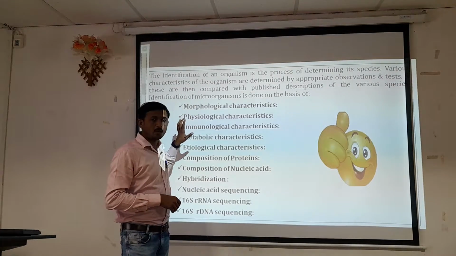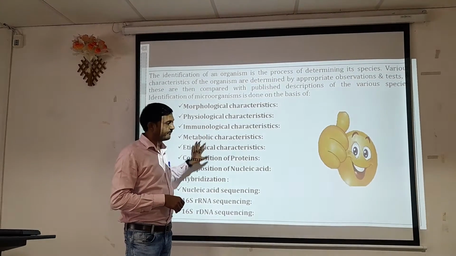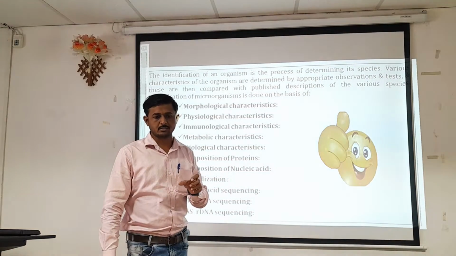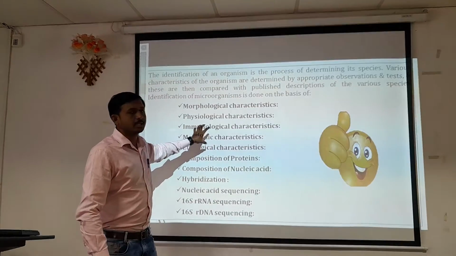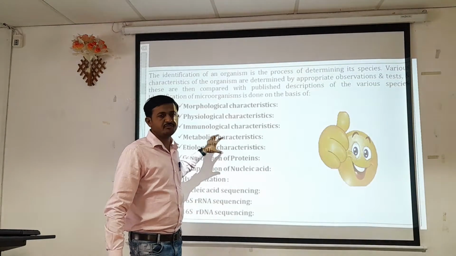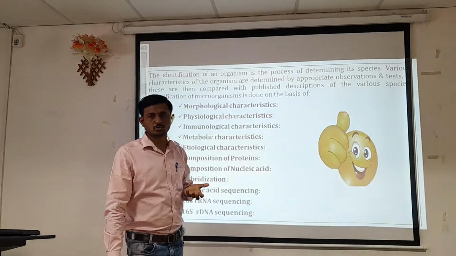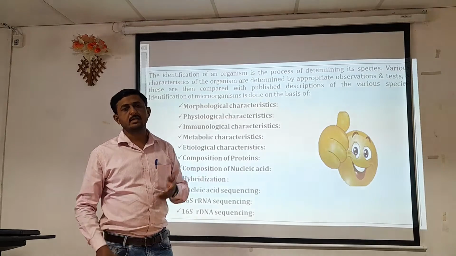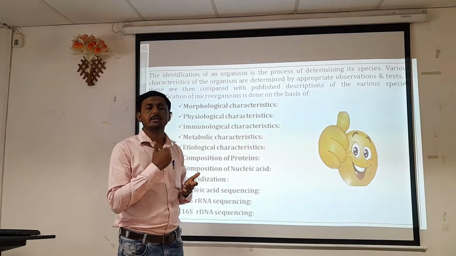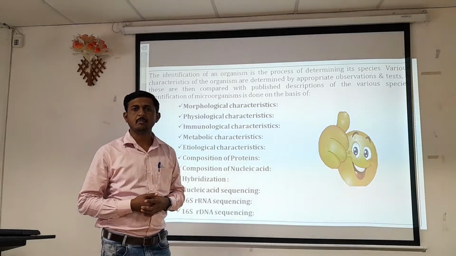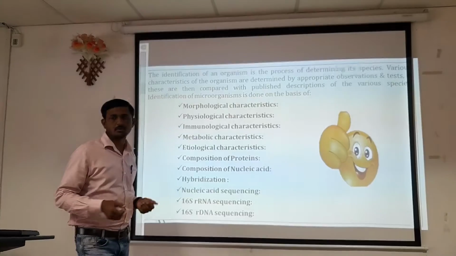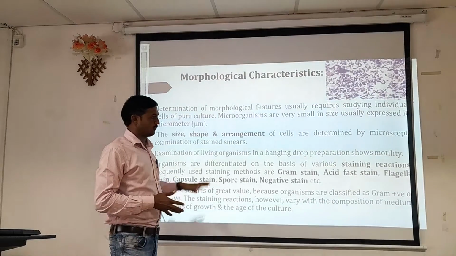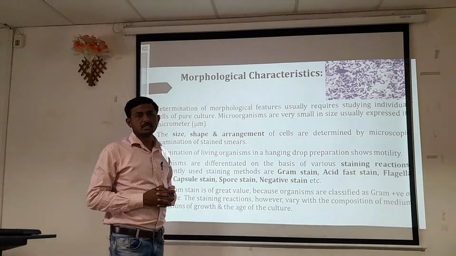So by studying these different types of characteristics, we reach a position where we can clearly and confidently identify that particular organism from an unknown source and place it in a particular hierarchy in the classification system, so that we know whether that organism is already reported or maybe a novel type of organism. One by one, we will discuss the different morphological characteristics included in the classification system. Firstly, we will discuss the morphological characteristics.